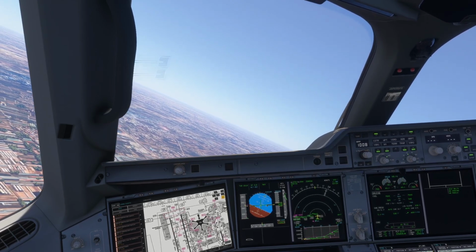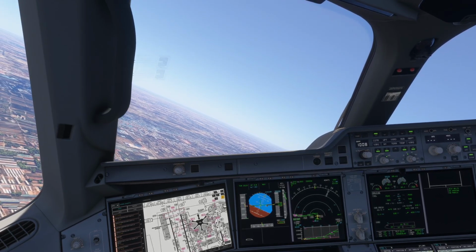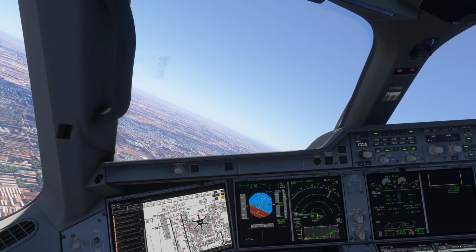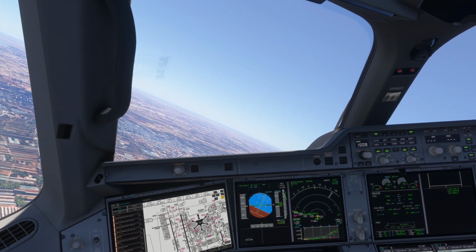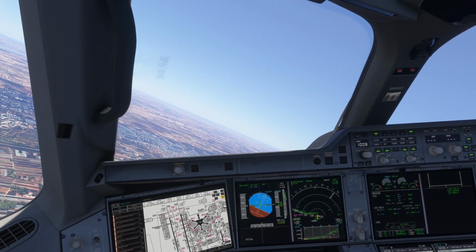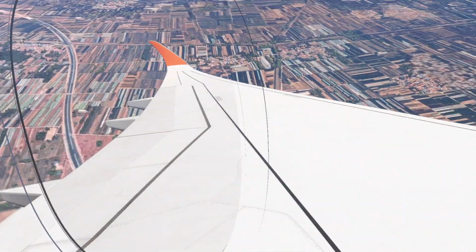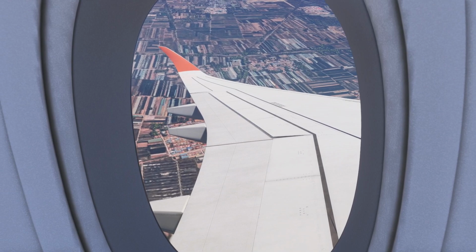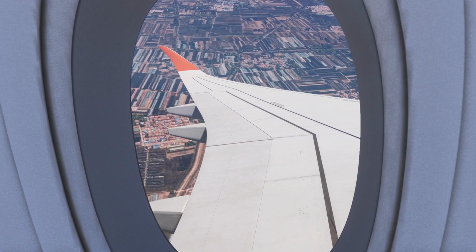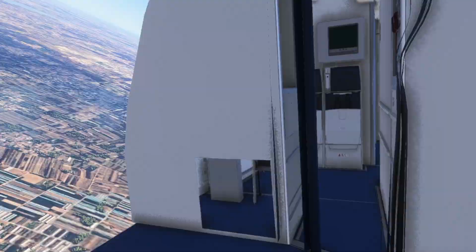Don't worry, we took off with a tailwind. If it's less than 10 knots, then we should be fine. Man, look at that wing flex there.